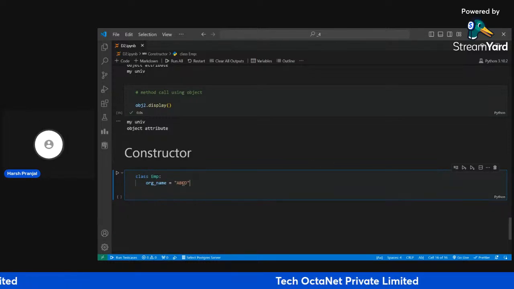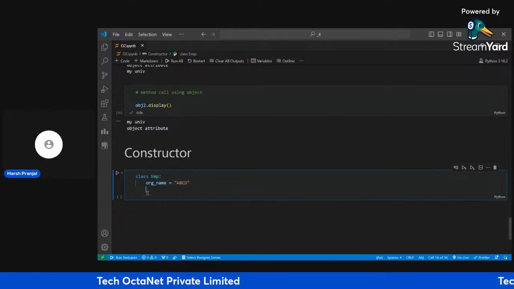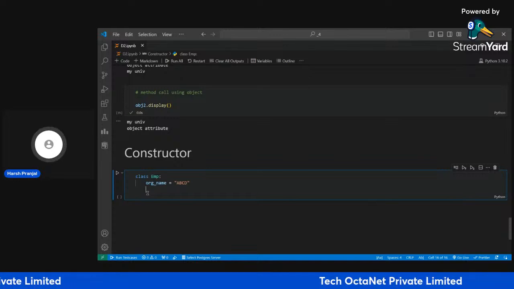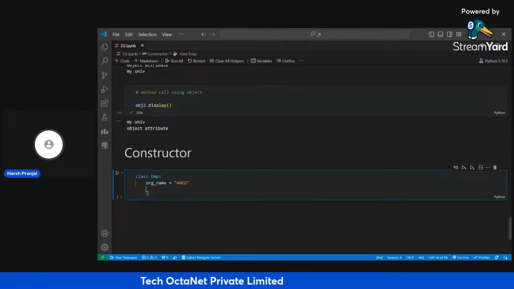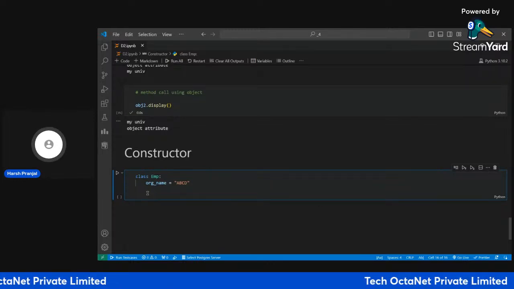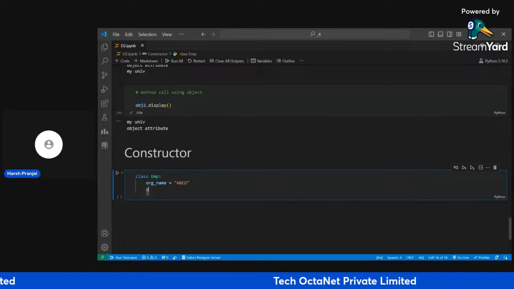That's why the organization name is created as a class attribute. Now each individual employee has their own name, so we have to create that name attribute as an object level attribute. So see, this is a particular syntax for creating a constructor,